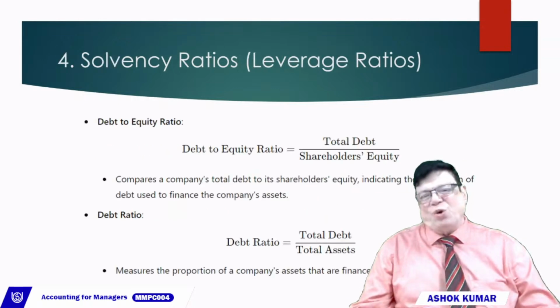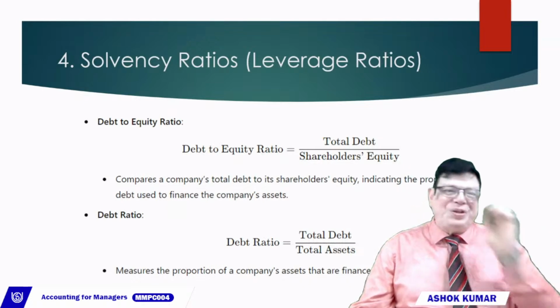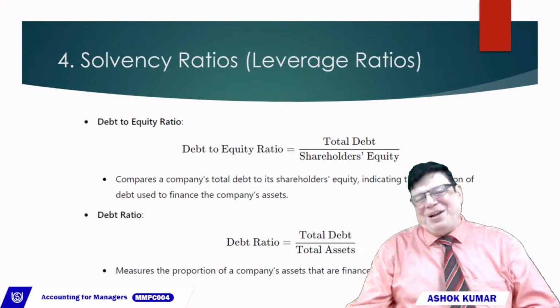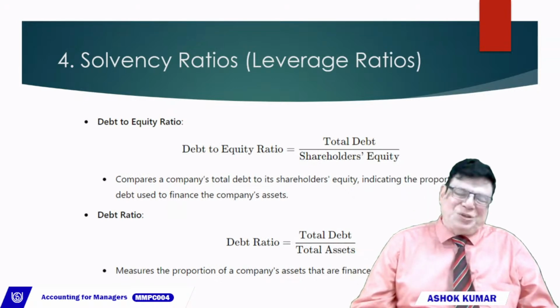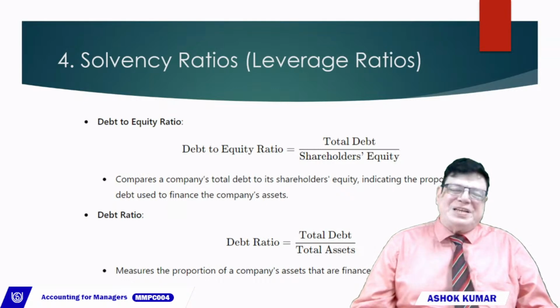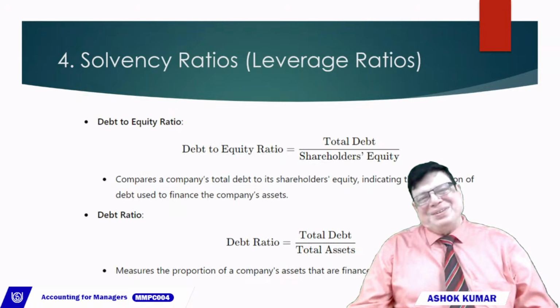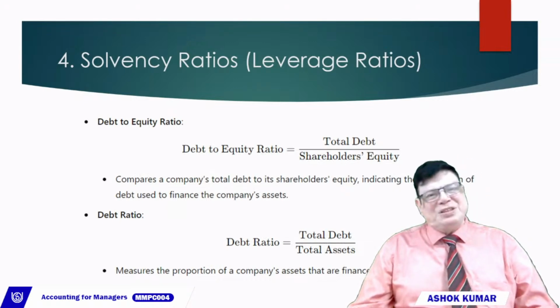Then next are solvency ratios. Debt to equity ratio. Debt to equity ratio is equal to total debt divided by shareholders' equity. So it is a very important ratio. If the company applies for credit facilities to a bank, they find out this debt equity ratio of the past 3-4 years, and then for the future on the projections given by the company, the bank finds out debt equity ratio